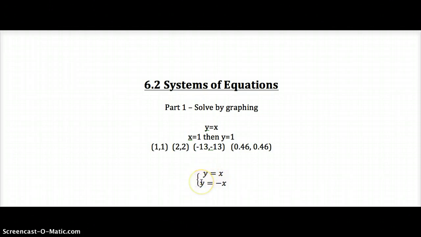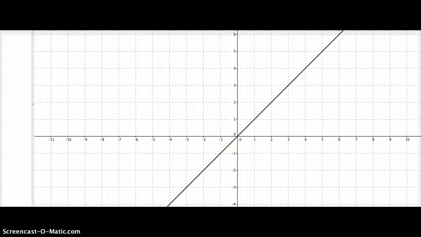So what it's really saying is each one of these two, y equals x, has an infinite number of solutions, and y equals negative x has an infinite number of solutions. So each one of these looks like a line. Everything we're going to be dealing with is a straight line or a linear equation. When we put these together, we get three possibilities for solutions. Going back to our graphing program, the three possible solutions are either your two lines intersect in exactly one